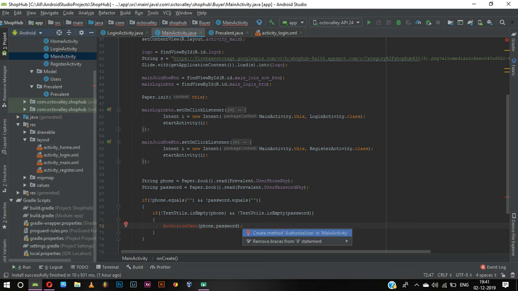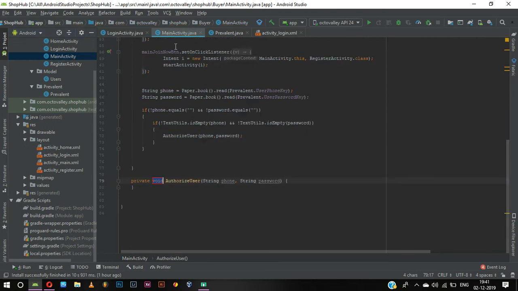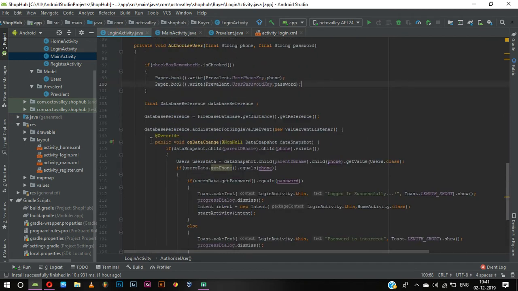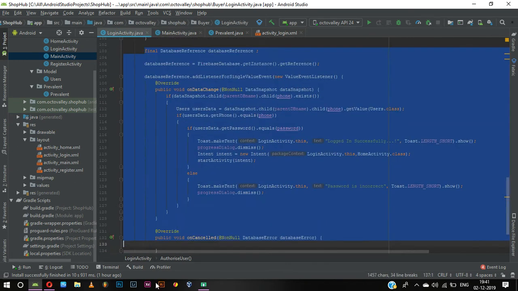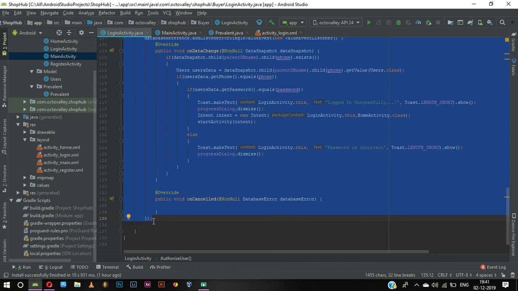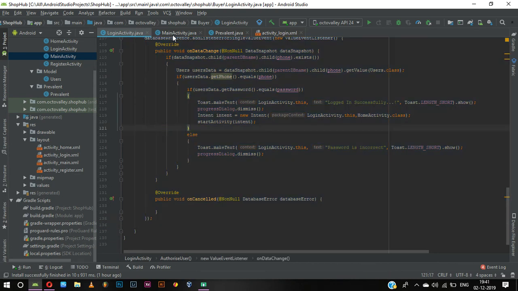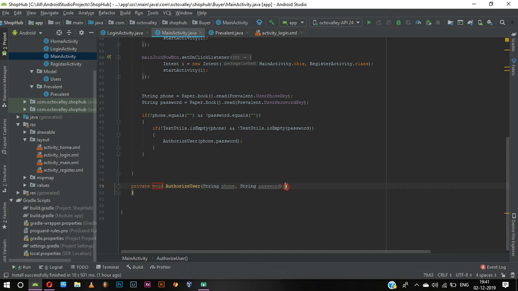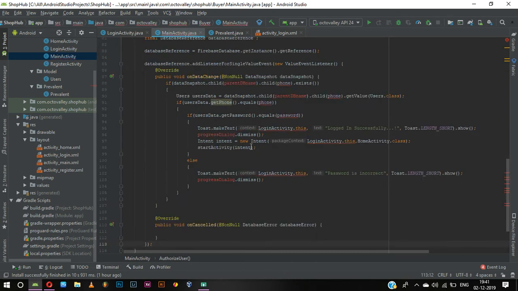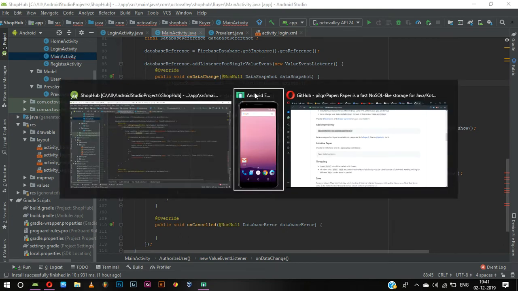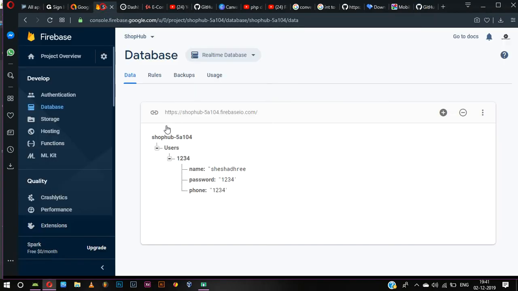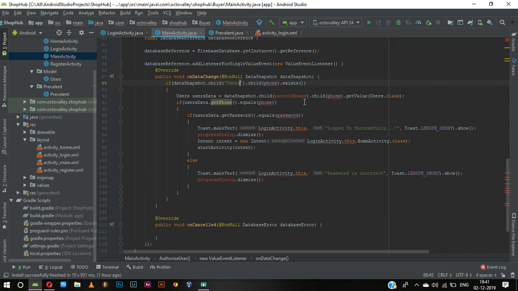And we can just create this method, and what we're going to do is just copy this from here to here, copy it, and we need to paste it right here. Yeah, now it's done. For the parent db name, it's Users, because we have the database as Users, so it should be in the same spelling. If the spelling is wrong,